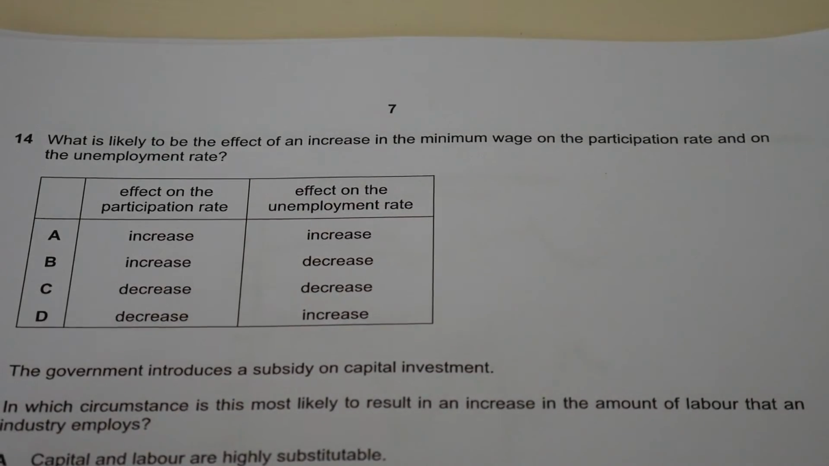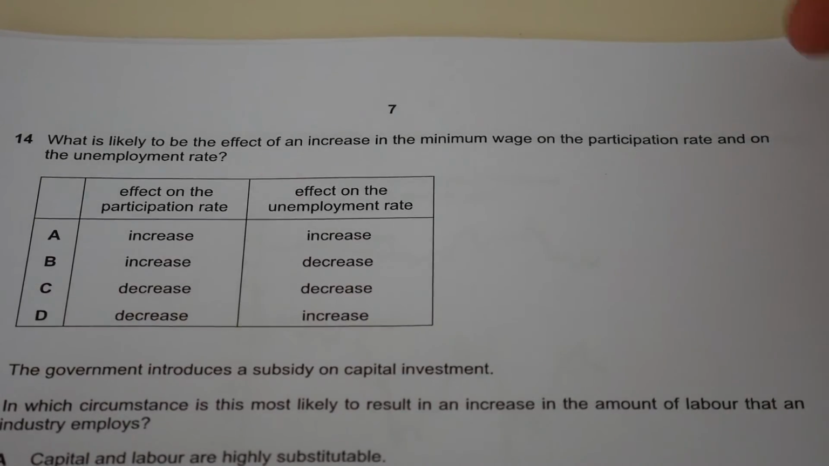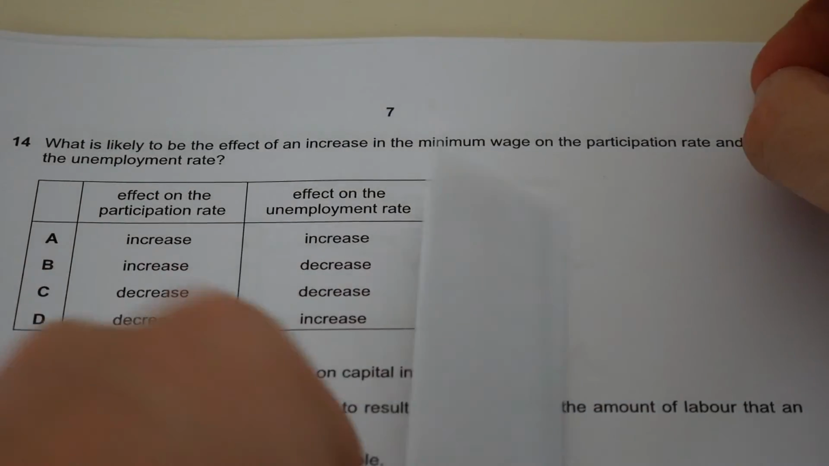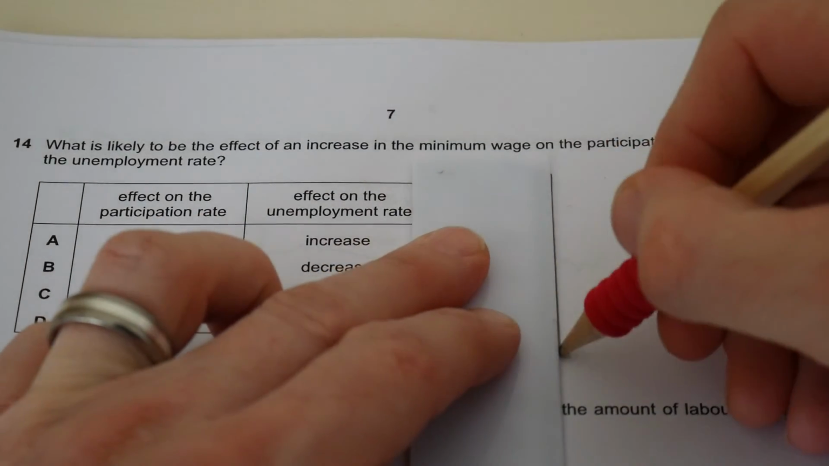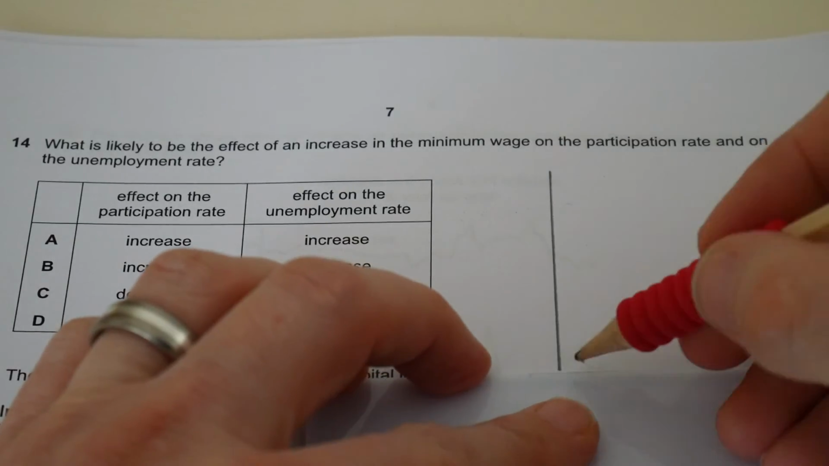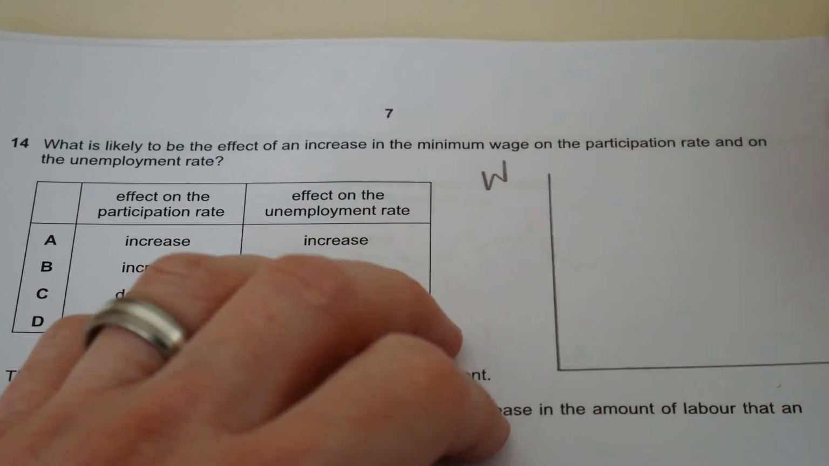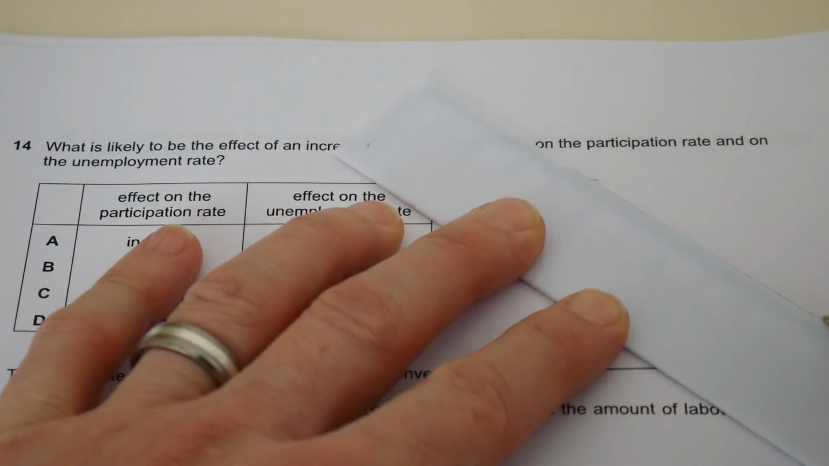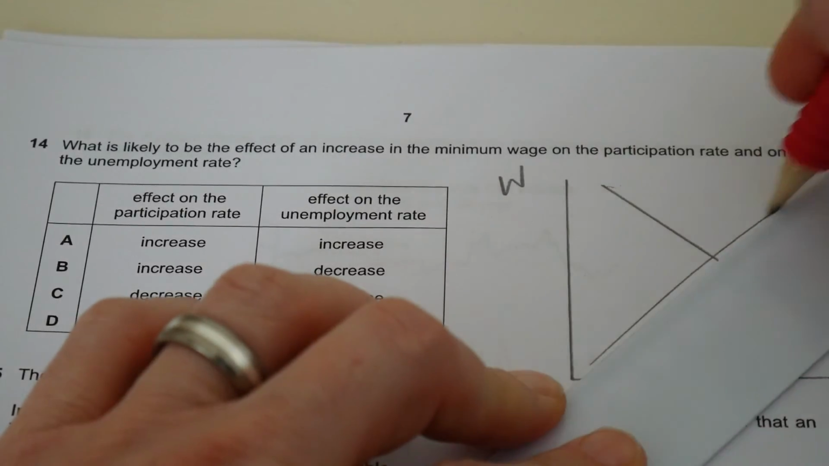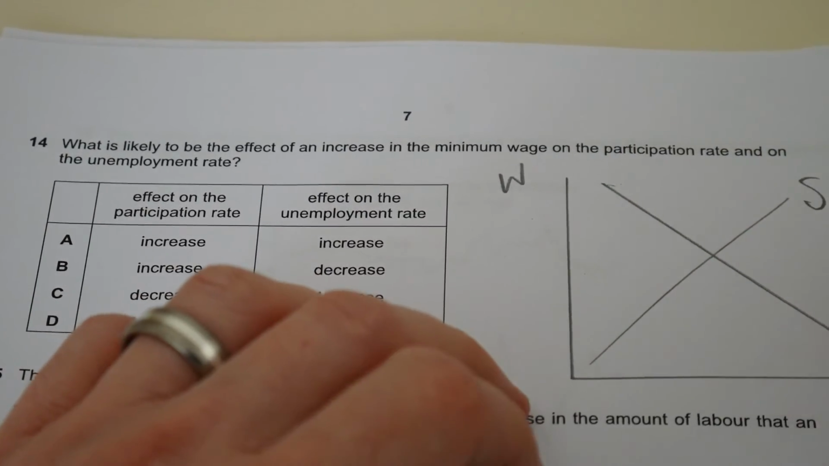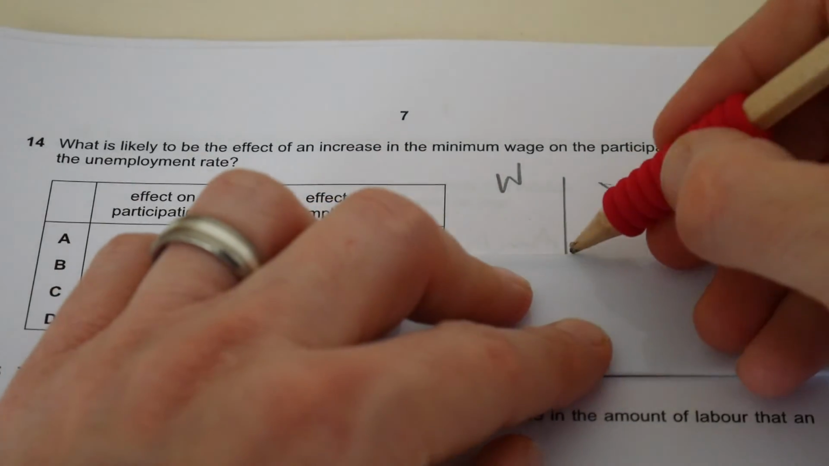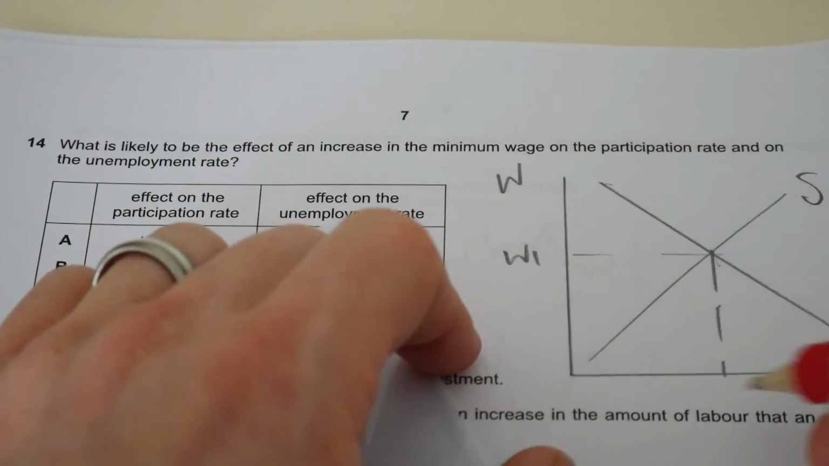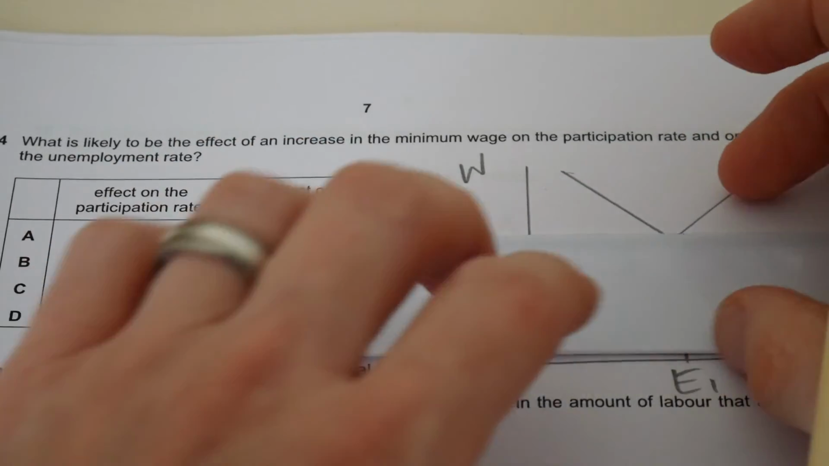14. Okay, so with 14, what is likely to be the effect of an increase in the minimum wage on the participation rate and the unemployment rate? So let's just consider this for a competitive labour market quickly. If we've got W and employment here, let's just draw in the demand for labour and supply of labour curves. Okay, so I'm just doing this very quickly here. Okay, so we've got W1, we've got E1,